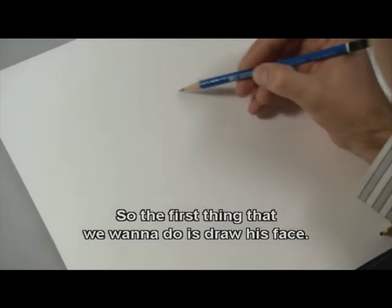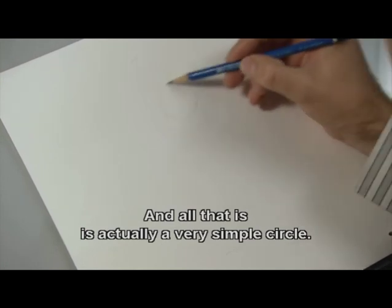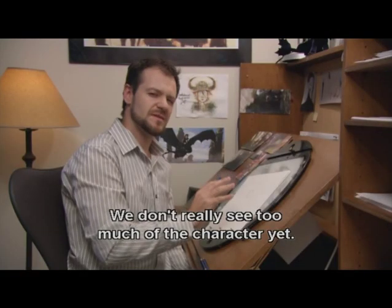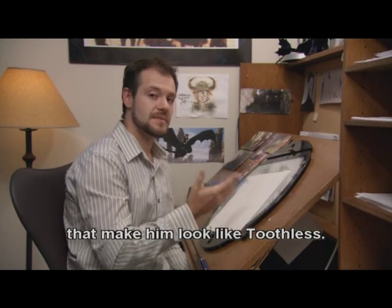So the first thing that we want to do is draw his face. And all that is actually a very simple circle. We don't really see too much of the character yet. So what we're going to do is start to throw in some of the elements that make him look like